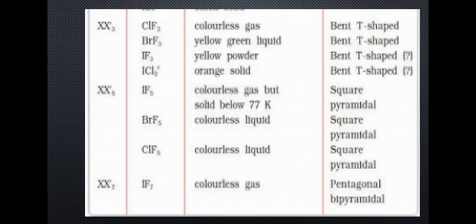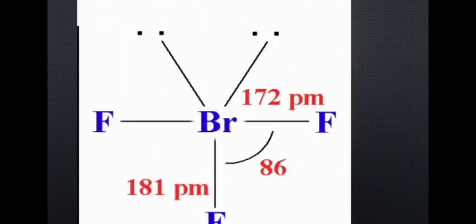Now some interhalogen compounds, like first is ClF3, BrF3. Again you can see bromine belongs to group number 17. So it will contain 7 valence electrons. 7 valence electrons. And how many fluorine are there? 3 fluorine. That means we have 3 monovalent. I will use the formula hybridization is equal to half bracket start 5 plus 3.